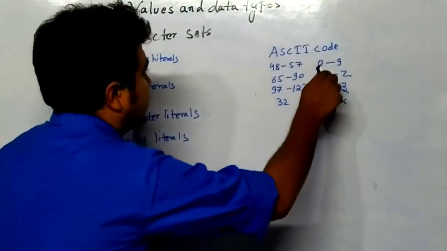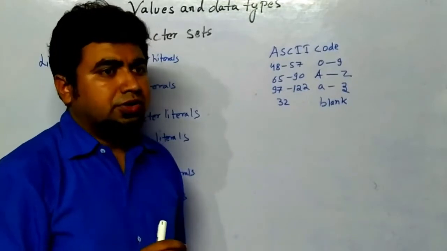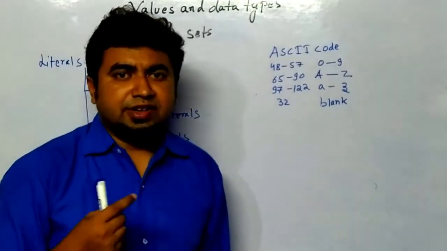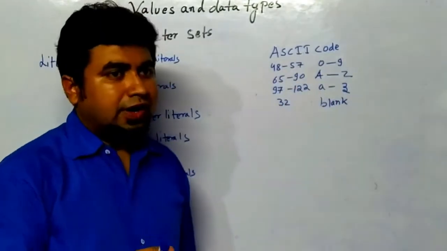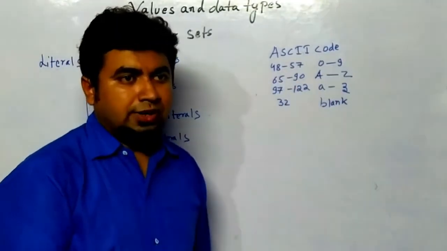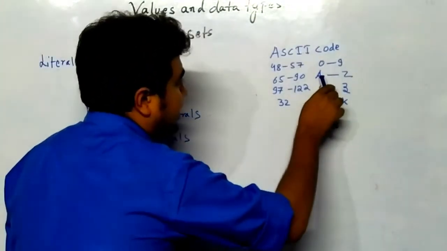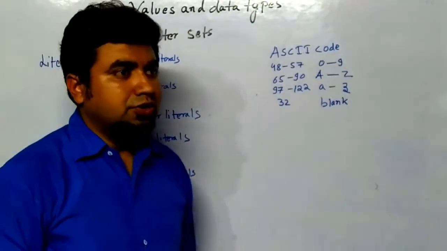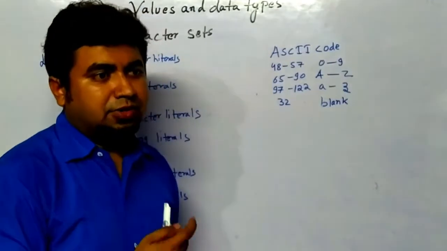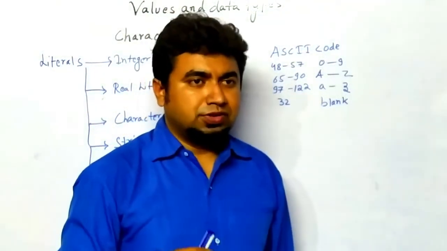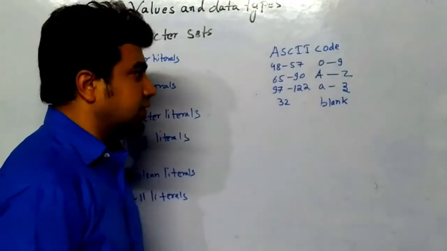So what happens as you are entering a character from the keyboard? If you are entering 0 to 9, and you enter the character 0, it will convert it into its ASCII value, that is 48. 0 value is 48. Then 1 value will be 49, and similarly 2 value will be 50, and it will continue. If you are entering capital A, the value is 65, and capital B value will be 66, and similarly you will notice that capital Z value is 90.